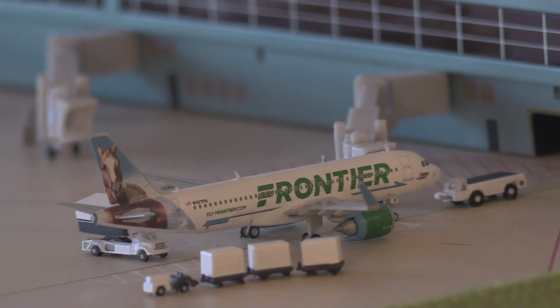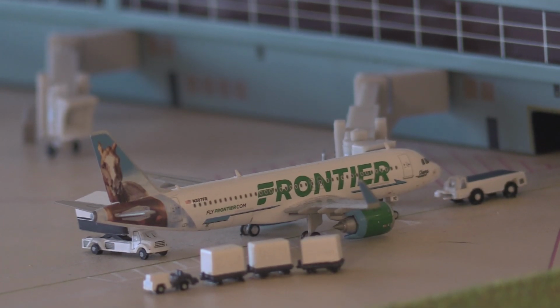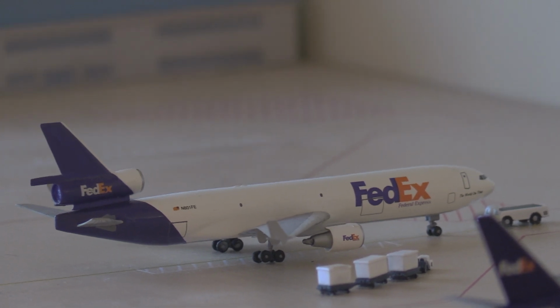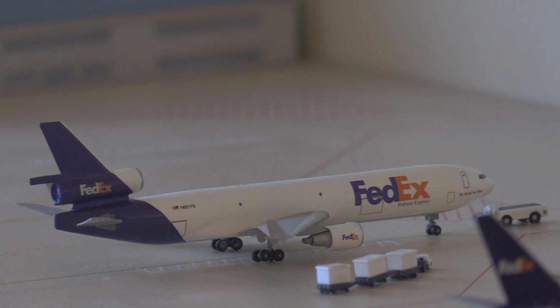And then here with heavy service we have a Frontier A320neo. He's getting ready for a flight out to Denver, or Mile High Aviation's airport. And now I've switched everything over, so as many of you already know, I actually put Terminal Z, which is the one with Frontier and Air Canada that you just saw,